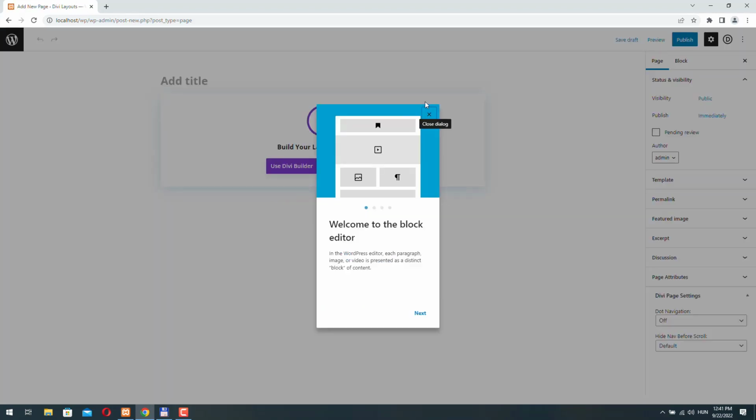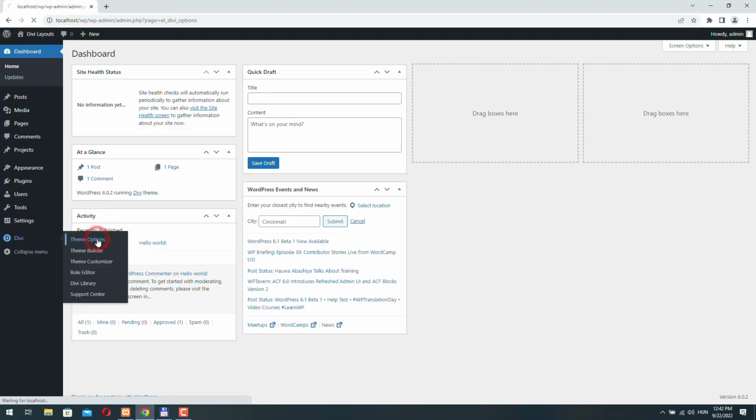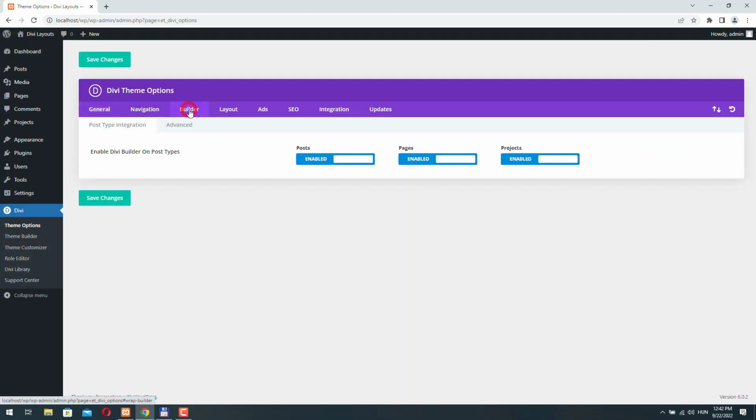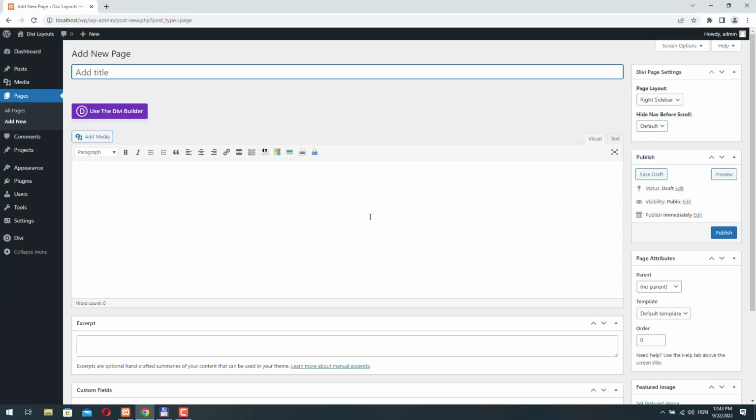Okay, this is a fresh WordPress installation for me, and by default WordPress is using this new block editor they created. To be honest, I don't really like it. I always design my content with the Divi builder, but we can go back to the Divi theme options, and here under the Builder tab, select Advanced and enable Classic Editor. Click Save Changes. And now if we go back and try to create a new page, now we have the old familiar editor. So here let's just add the title